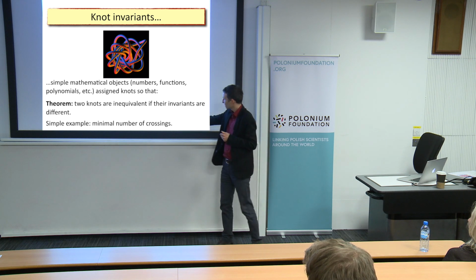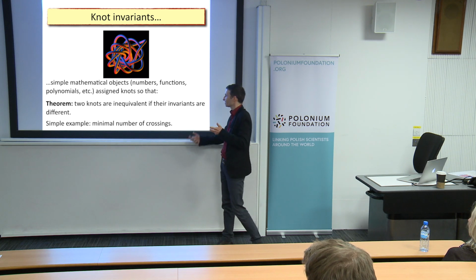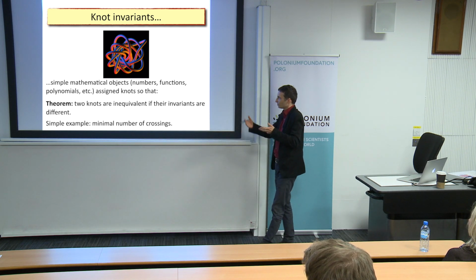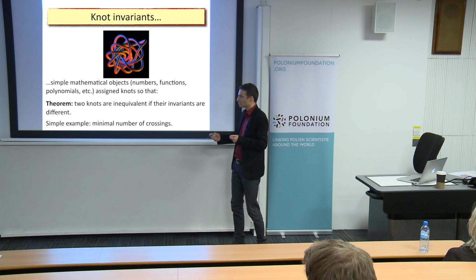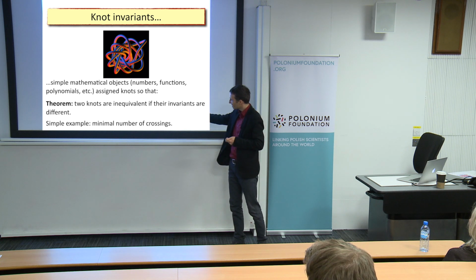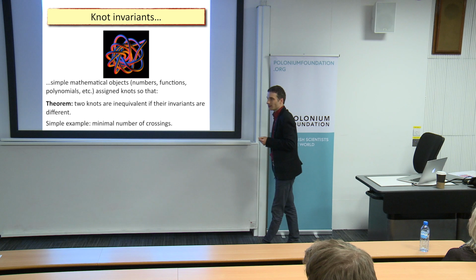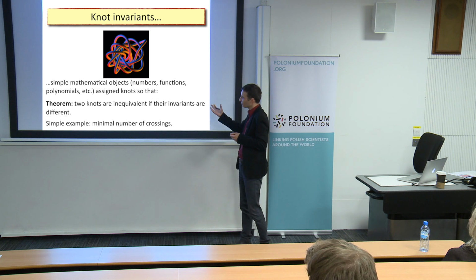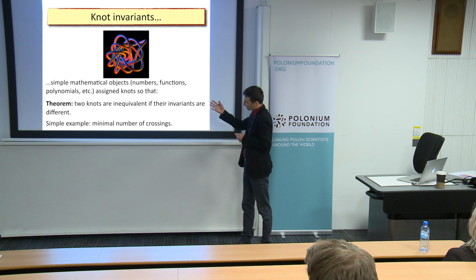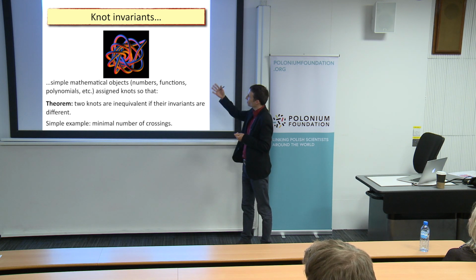And in fact, this minimal number of crossings I already mentioned is one example of such an invariant, because for a given knot, what you are supposed to do is manipulate it in such a way that you transform it to the configuration with minimal number of crossings. So this number is certainly an invariant, but it is not very powerful, because as I mentioned, there are many knots with the same number of crossings, so this is not sufficient to distinguish them. And in fact, this is a typical situation in those knot invariants.